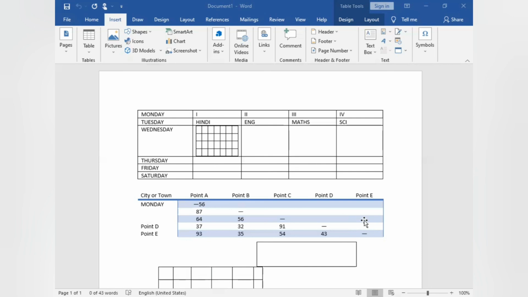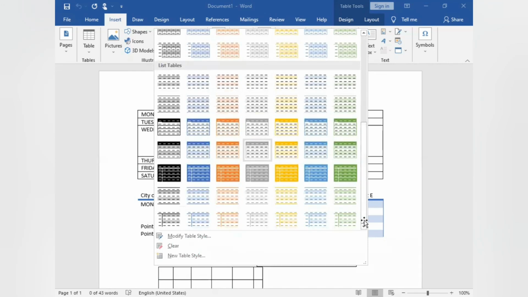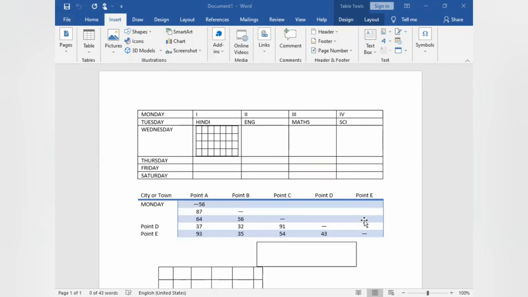We have two new features, Design and Layout. These appear automatically on the screen when you insert any type of table. See this, there are so many tables. You can select any table and use it according to your requirement.